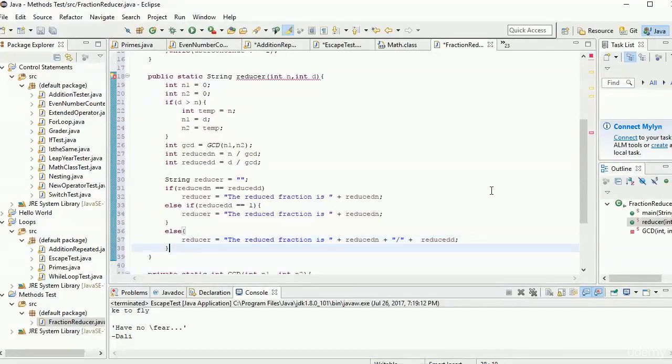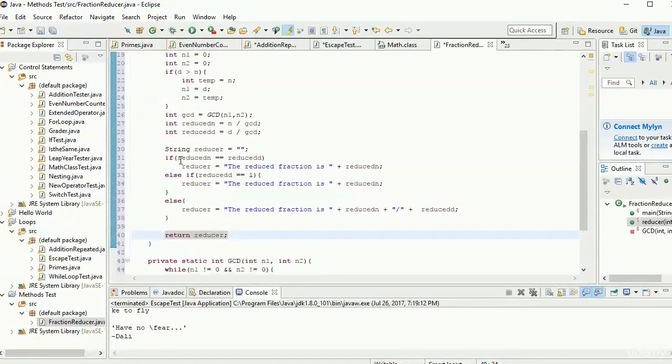Now that we've covered all the proper scenarios, all we have to do now is simply return the appropriate value, which in this case is going to be the string reducer. And remember, this is why we didn't put 3 return statements in here. It's much easier to have an if, else if, and else that cuts in a simple string, and then we have one single return statement instead of 3 separate ones. It improves readability drastically, since now somebody doesn't have to keep tracing through their code. They can say, okay, all I have to do is follow the string reducer, and I know that's what's going